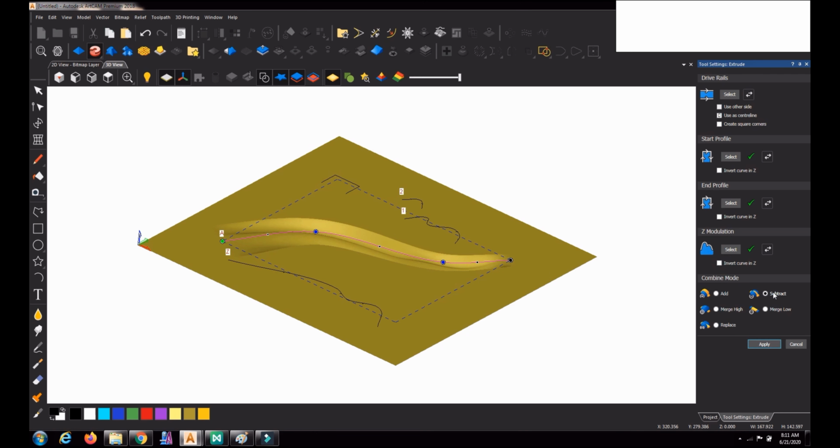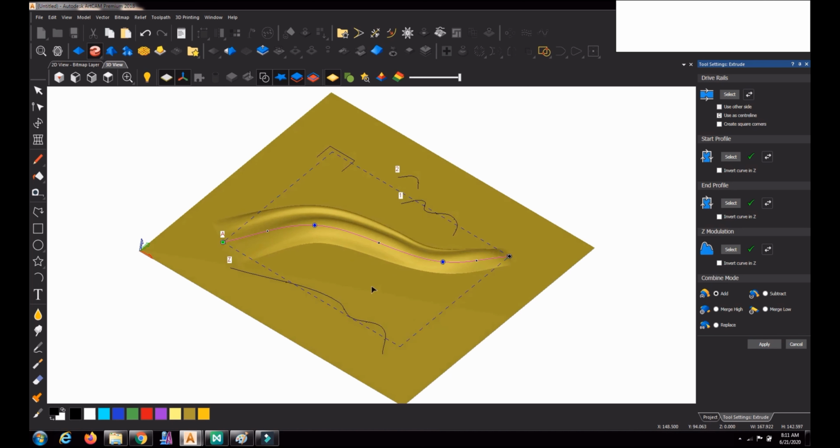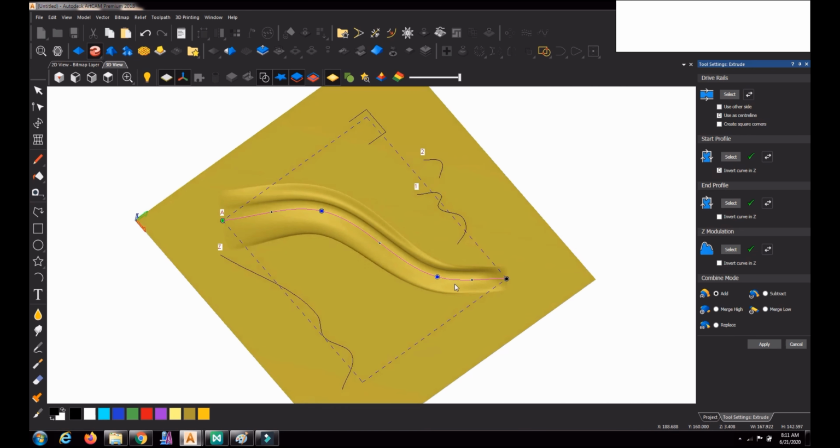So you should be very careful whether Z is up or not, because generally we keep Z up every time, in the add way. Then if you want subtract, you can use subtract. If you want in particular one side only down and one side up, you can use this one. One side down and one side up, like this. So you can change the profile accordingly.